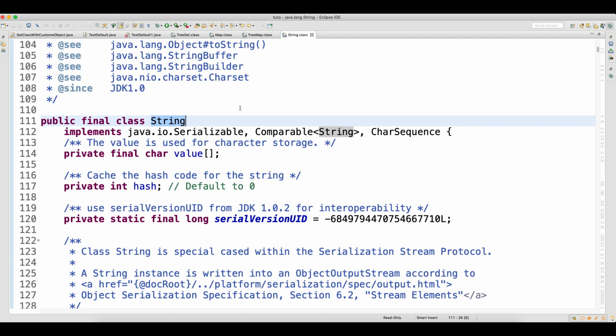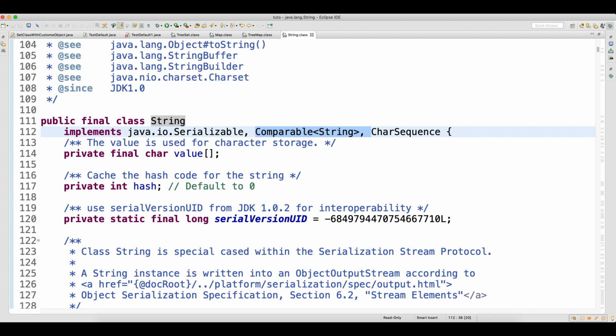When you go here in the String class, look here, your class implements the Comparable interface, so your String class is of type Comparable, guys. So when you add this data into TreeSet, since the data is of type Comparable, internal sorting will happen.